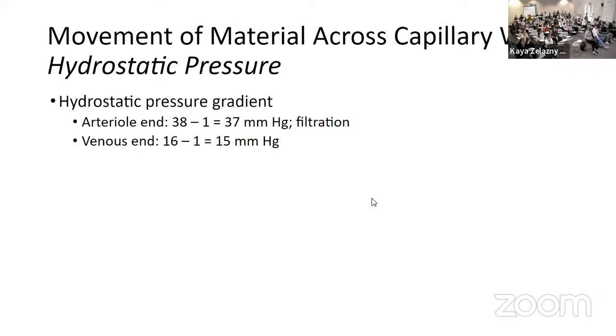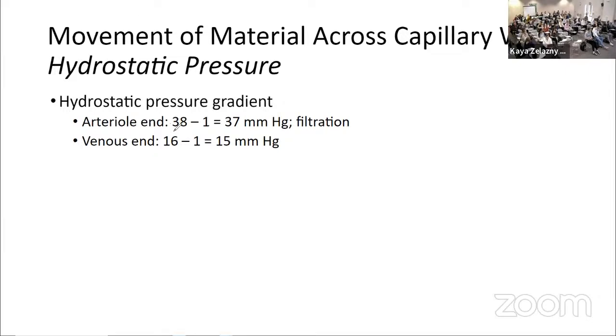So if we're looking at just our hydrostatic pressures, at the arteriolar end, the hydrostatic pressure in the capillary was 38. That favored filtration. The force fighting against it comes from that interstitial fluid. We're going to subtract it out because this is like a tug of war situation. We've only got the fluid that we're trying to move. So we subtract that force pushing back into the capillary, for 37 millimeters of mercury as our force for filtration